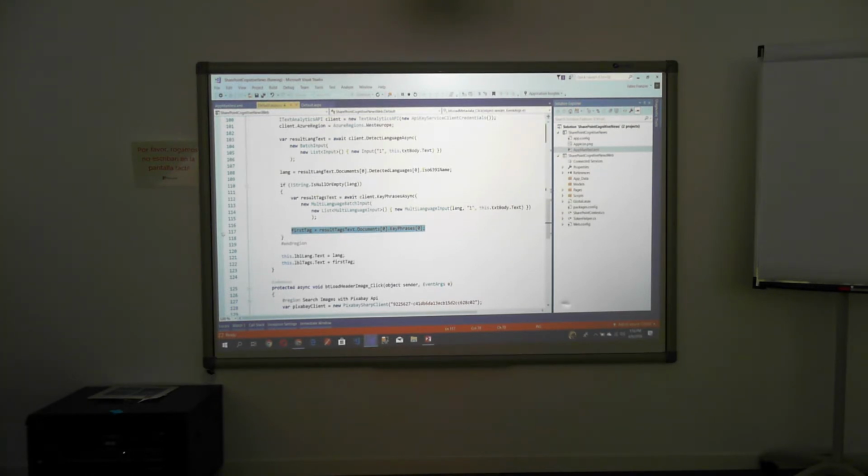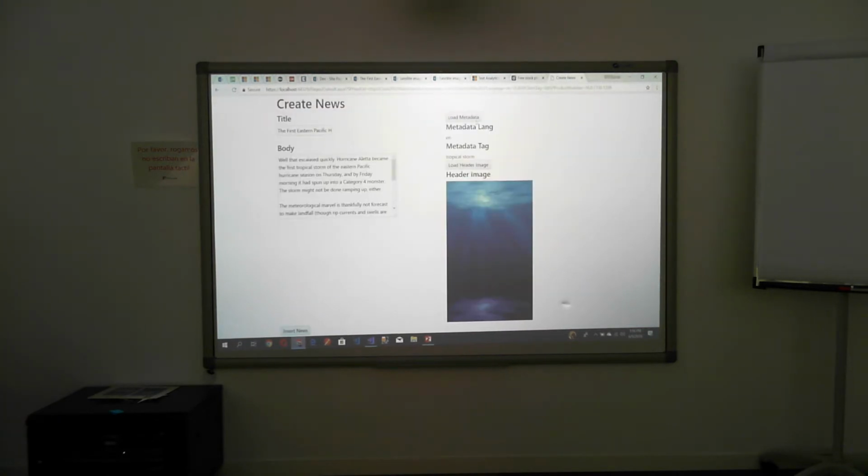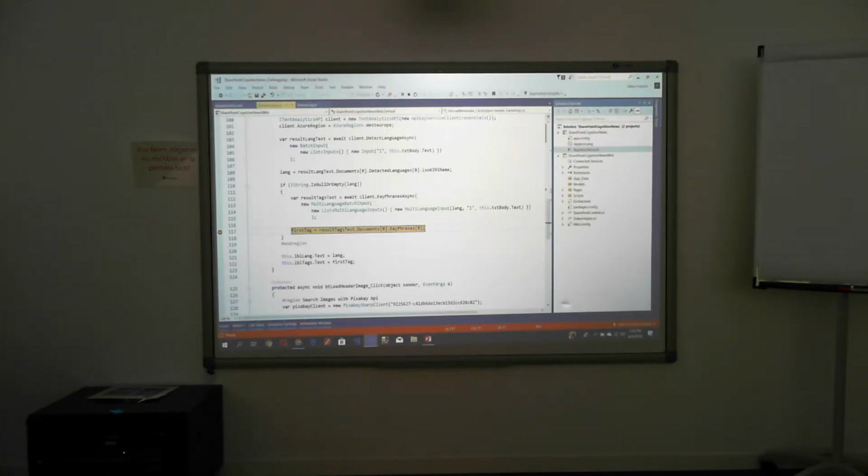But if you point here, okay, you have a tropical storm, Eastern Pacific hurricane season, Eastern Pacific season, hurricane Aletta category, and so on. Okay, a lot of key phrases,